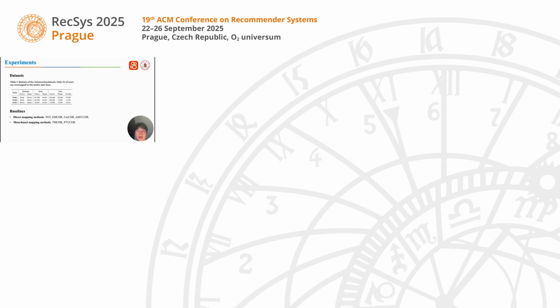The experiments are conducted using the Amazon review dataset, which is a very popular dataset. Following peer studies, we evaluated our approach on three cross-domain tasks, task 1, 2, 3. For example, in task 1, the book domain serves as the source domain, while the movie domain represents the cold-start target domain. For the baselines, we choose two categories of SOTA CDR methods. Direct mapping methods transfer user representation through a neural mapping function, and meta-based mapping methods integrate a meta network to replace the traditional mapping function, thereby enhancing data efficiency.